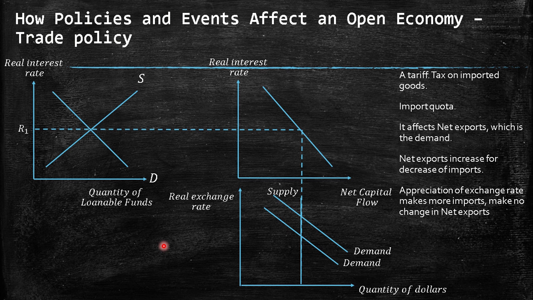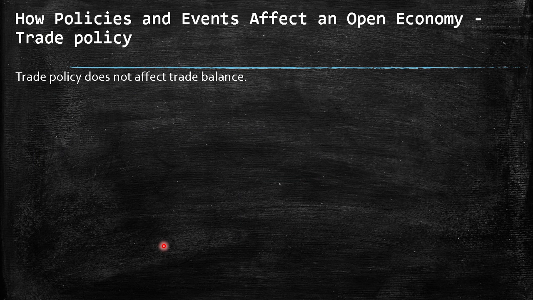So remember, when there is an increase of the exchange rate for the US dollars, they are more valuable. So then other countries prefer to export to the United States. So it means more imports for the US, because this should be more revenue for them. So then, this is an important fact that we have, that the trade policy does not affect the trade balance, because actually